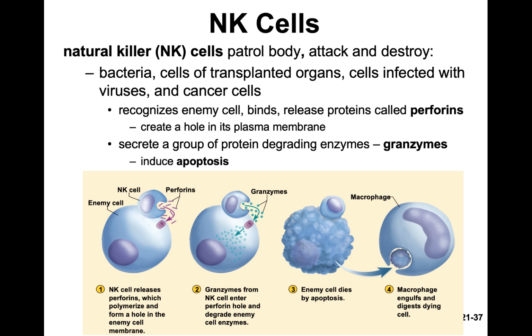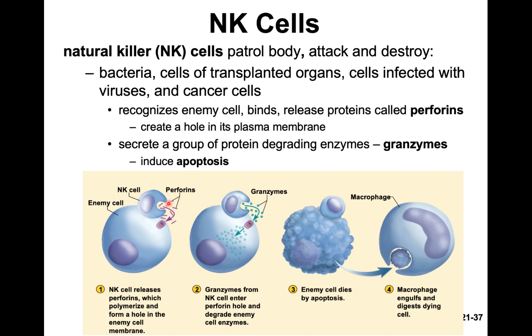And these NK cells are nonspecific because they simply go around looking for any type of antigen they don't recognize, and they go and kill it. But how do they kill it? So here is the mechanism for how the NK cells actually work. Let's say this is your enemy cell, and this is your NK immune cell. This NK immune cell, once it finds an enemy cell it doesn't recognize, it's going to attach to it, and